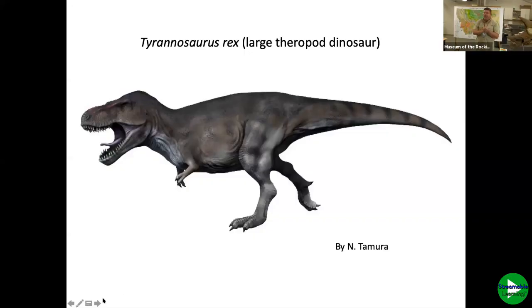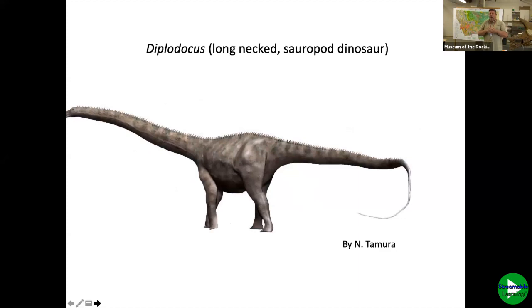All right, so we hop to the next slide. We're going to see one of the long-necked dinosaurs we'll talk about, called Diplodocus. This is a relative of Brontosaurus, kind of a close cousin. And it is found in Jurassic age rocks. The name probably sounds familiar because of a little movie that came out a few years ago called Jurassic Park. Jurassic was a time period well before Tyrannosaurus rex. In fact, Diplodocus and Brontosaurus and Stegosaurus lived at the very end of the Jurassic, about 148 to 150